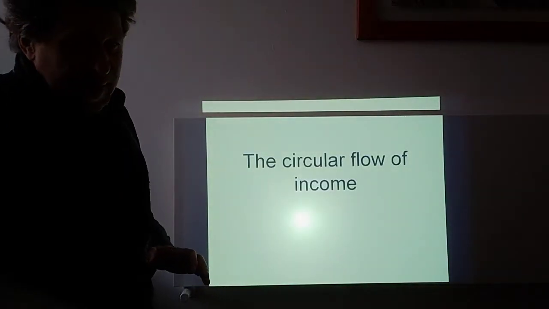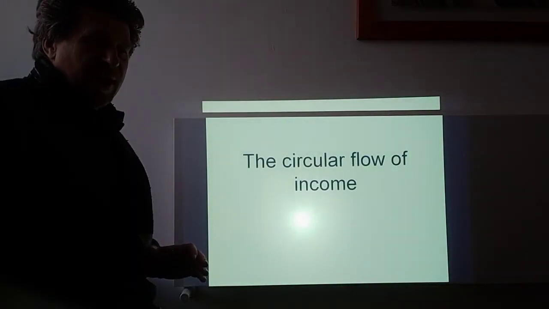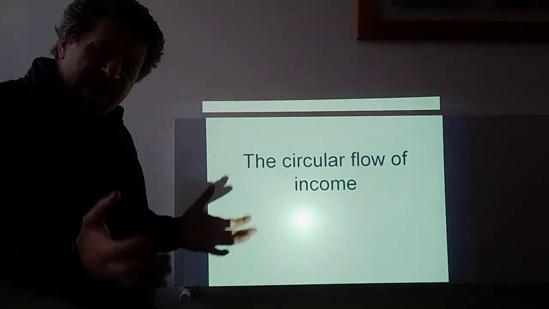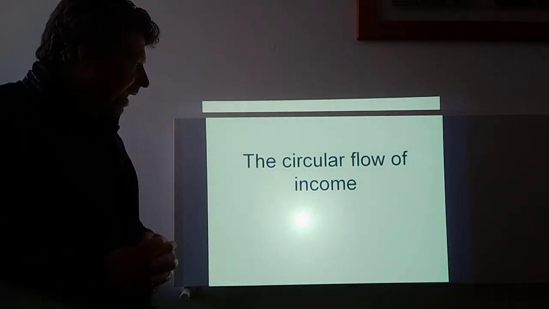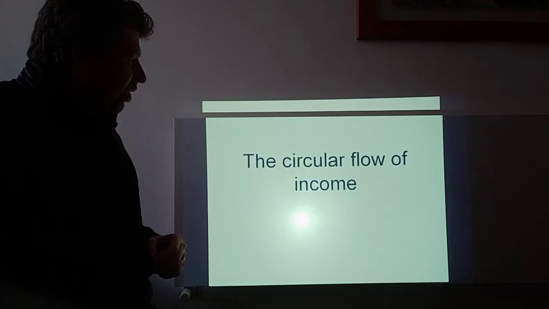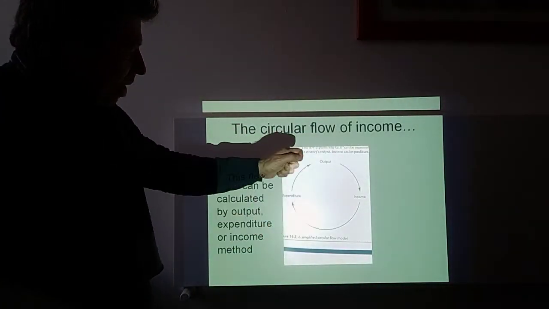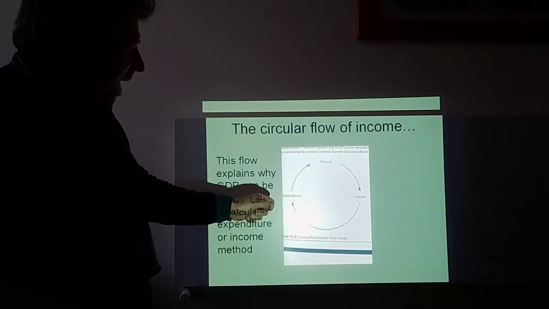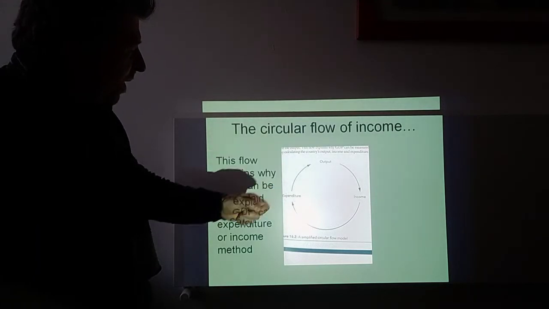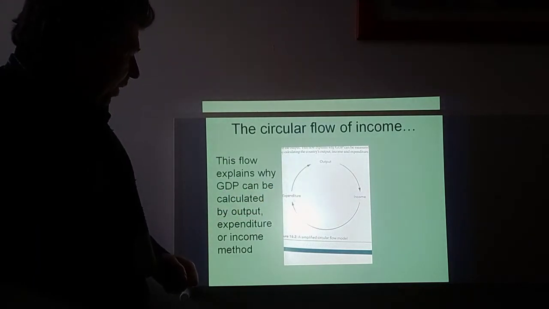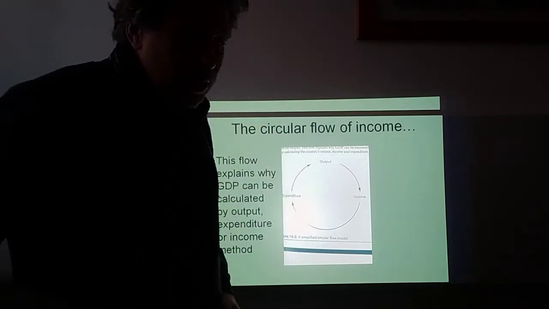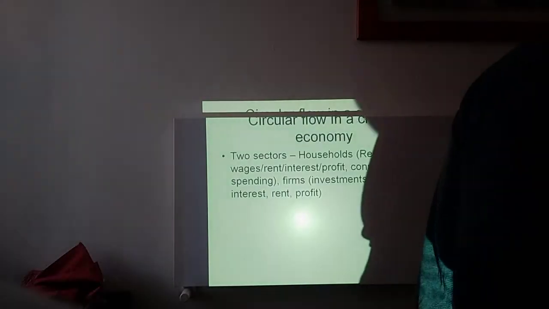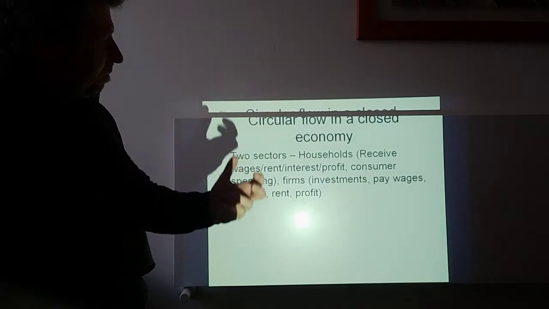Now, to look at the economy as a whole in a macro sense, we could go back to this circular flow of income. Like I said before, it's a flow. We've got the output, which produces the income, and the income means we can spend on the output. And this flow goes round, maintaining